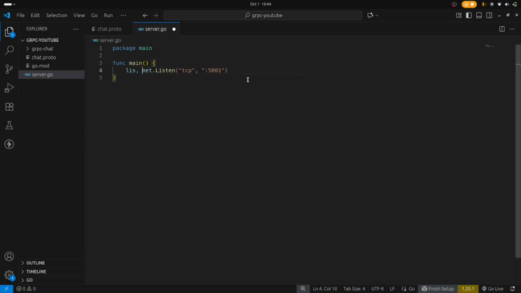So this will return me two things. First is the listener, and second is the error itself. Now when I save this, you can see the import has been made automatically. And now if this returns the error, which is if the error is not nil, I will